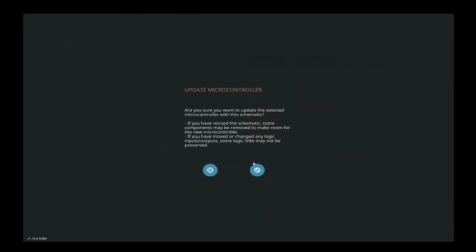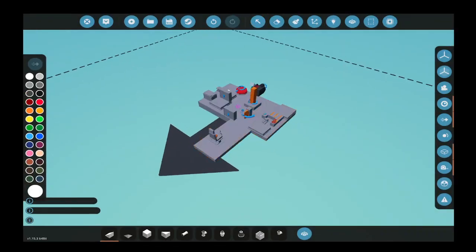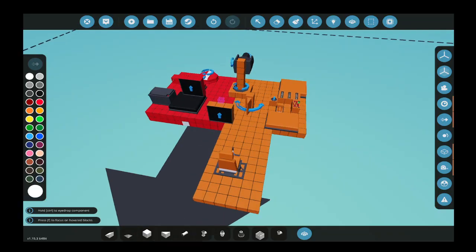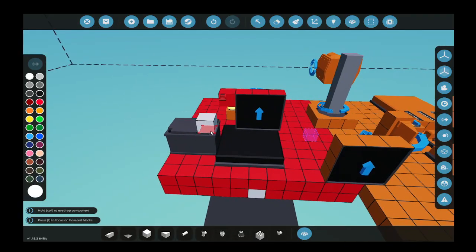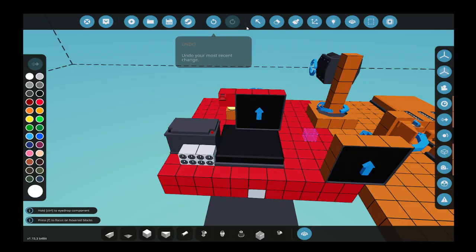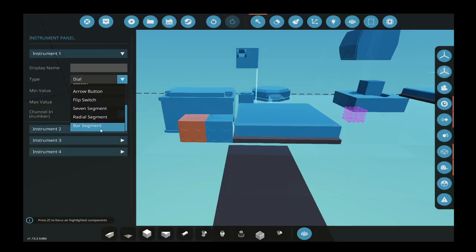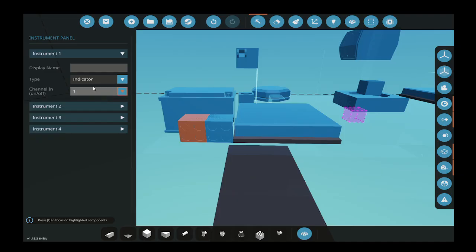So what we can do then, as well, as a more visual thing, and then for here, we can turn this into a, like, it would be cool. We're gonna get into this. This was just meant to be an overview video. Now we're getting into something different. Okay, so for now, this is just gonna be an indicator light, channel